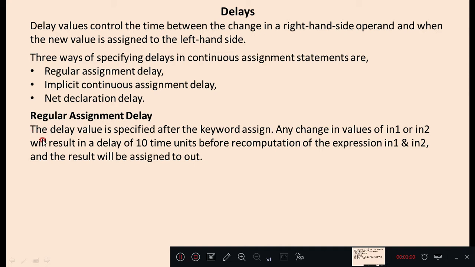Regular assignment delay: the delay value is specified after the keyword assign. First we need to write the keyword assign followed by the delay and then the expression. Suppose you consider this expression: assign is a keyword, #10 is a delay, out = in1 & in2.